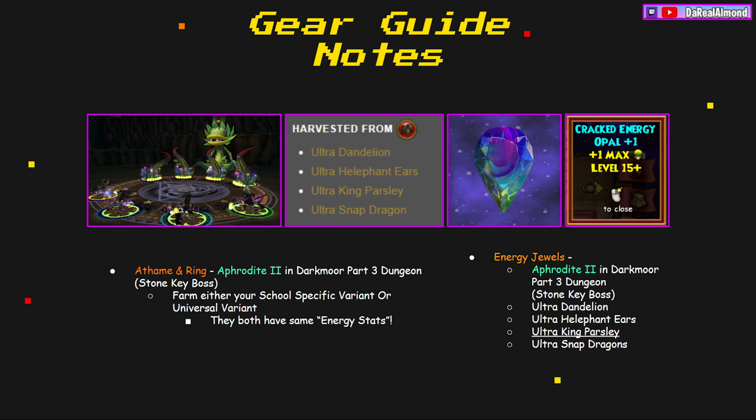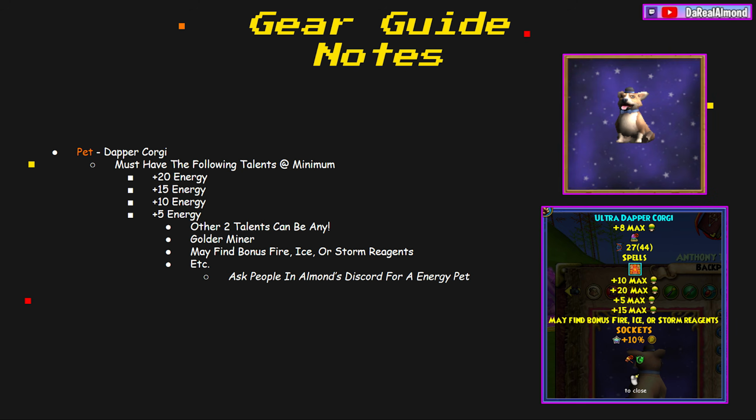Like I said, as we already talked about, you just have to have the 10, 15, 5, and 20 energy jewels, or the energy talents, I mean, on the pet. The other two talents can literally be whatever. Gold miner, I said, will be quite beneficial in my opinion, but you can also have a talent that gives you fishing. That is completely fine too if you want a hybrid pet for fishing as well. You can also have what I have, which is may find bonus fire, ice, and storm reagents,